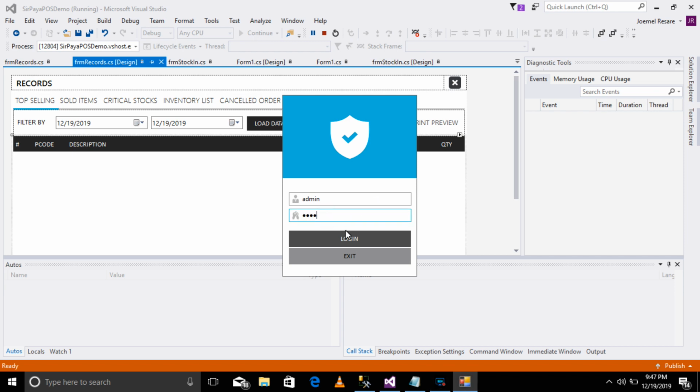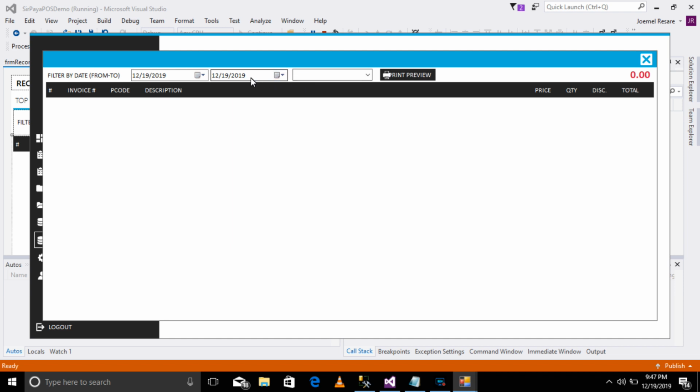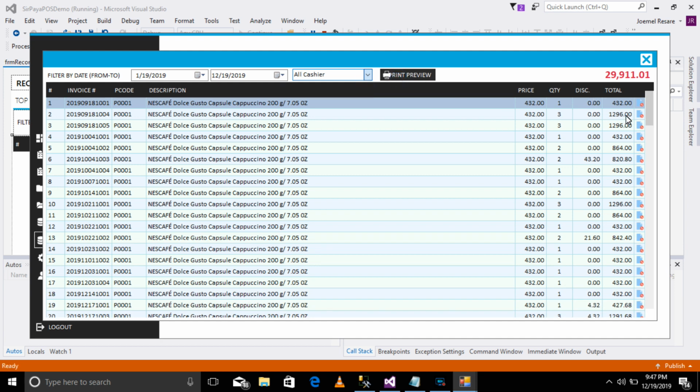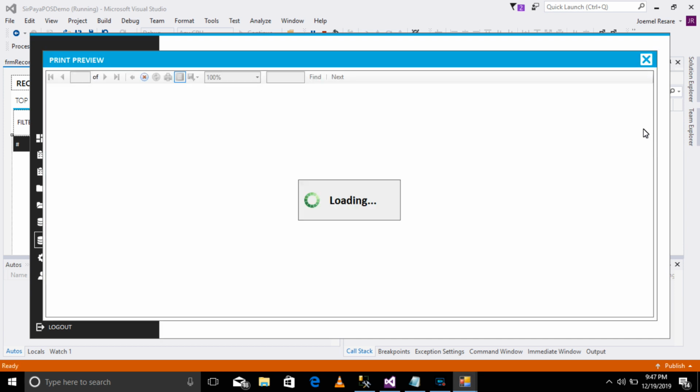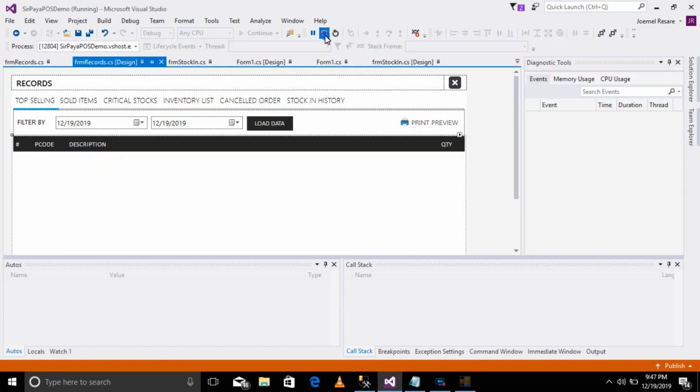Admin 1, 2, 3, 4. And then sales history, okay na yung sales history natin. Sample from January until now. Tapos all cashier. So yan, labas na siya. Then printable siya. Okay. And then next natin gagawin is